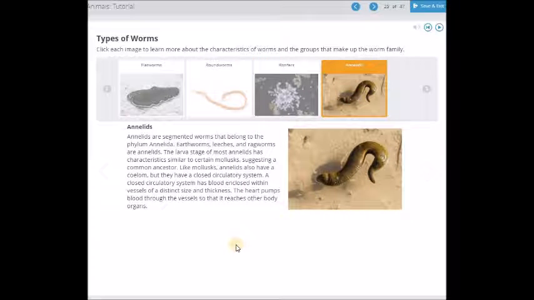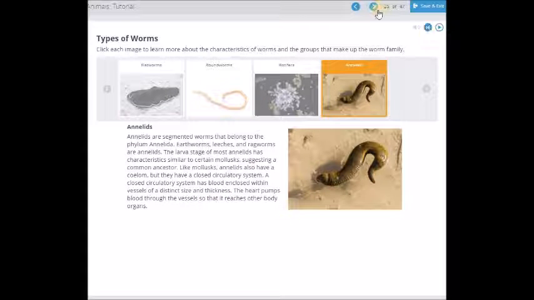And then the annelids. Now when you think of worms, this is usually what you think of. This is phylum Annelida. This includes earthworms, leeches, ragworms. If you have fish and worms, those are annelids. They have a lot of characteristics similar to the next group we're talking about, mollusks, suggesting a common ancestor. They have a coelom. They have a closed circulatory system. And they have very distinct organs inside of them,